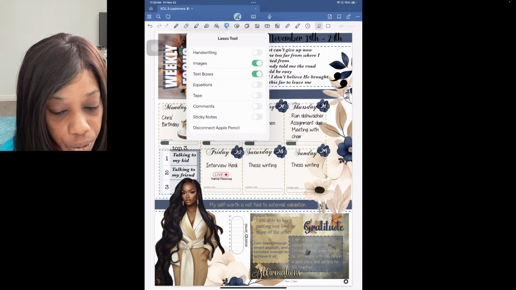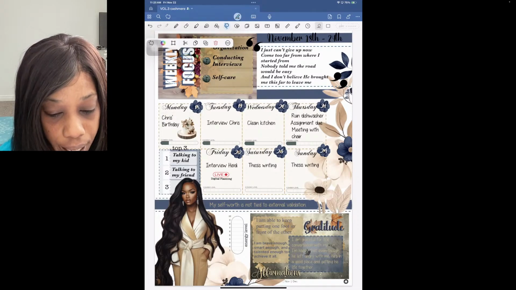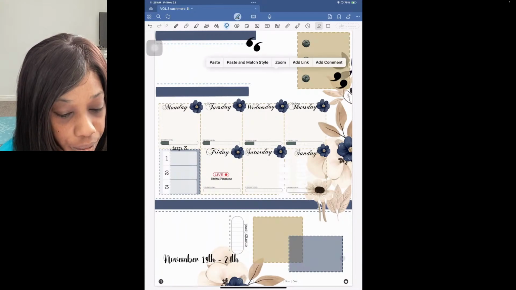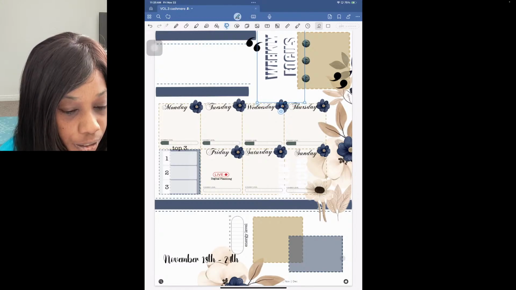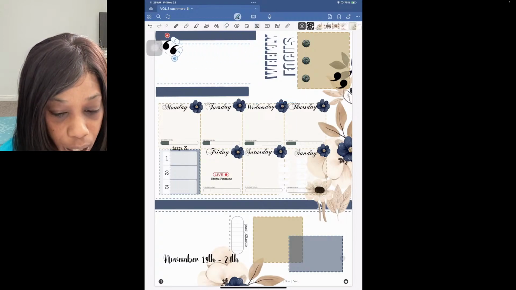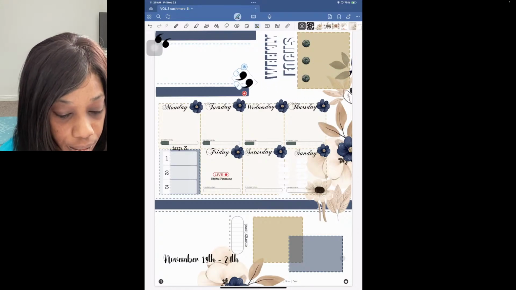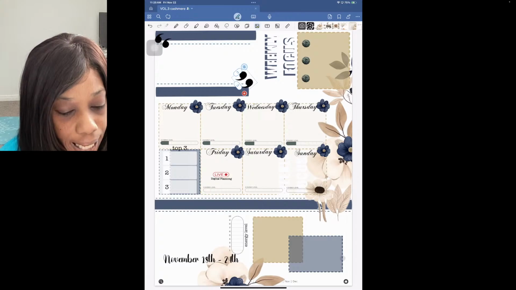Let's turn off images on this page and grab this. Let's copy it and put it on this page. So I have my weekly focus right there. I will move my quotes to over here, and actually